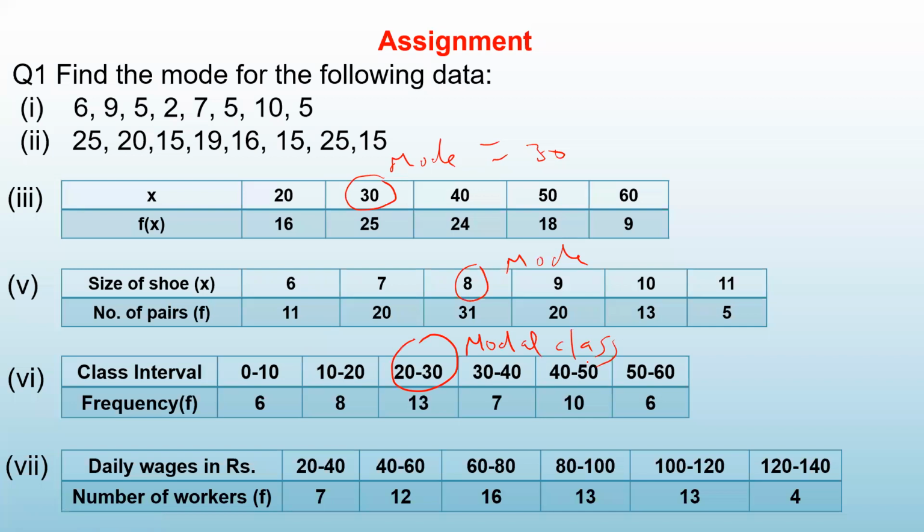If you have listened to my lecture carefully, you will understand everything. If you have not listened, go back to the recording which I am going to put in the group. And यहाँ पर in the last problem, which is the modal class, maximum frequency is here. So modal class is this. So you can see here that in the continuous type of case, you are not getting the actual value of the mode. You are getting the modal class, and you have to apply the formula. And the modal value will come between this class interval. जबकि ये जो problem है, जो discrete type का data है, यहाँ आपको directly value मिल जाता है. This is what you have to take care of. So I hope you will do these problems.